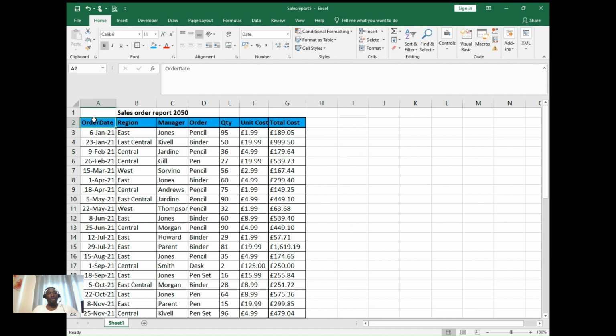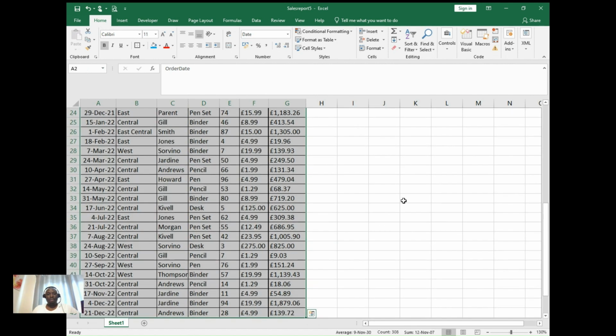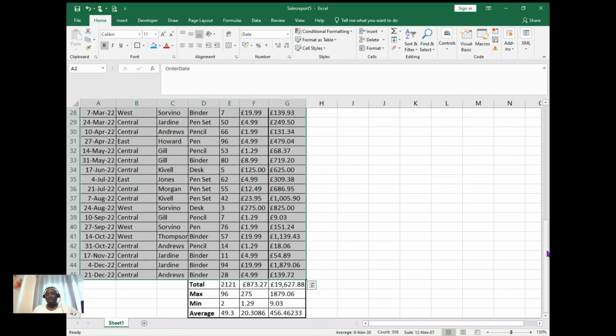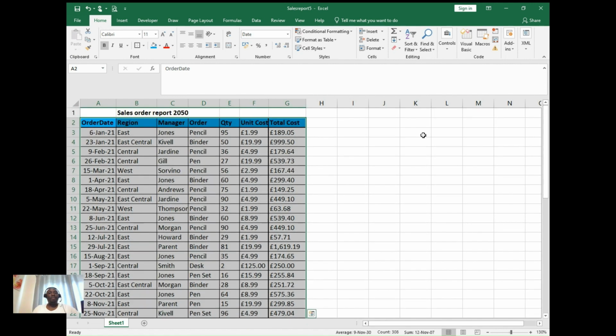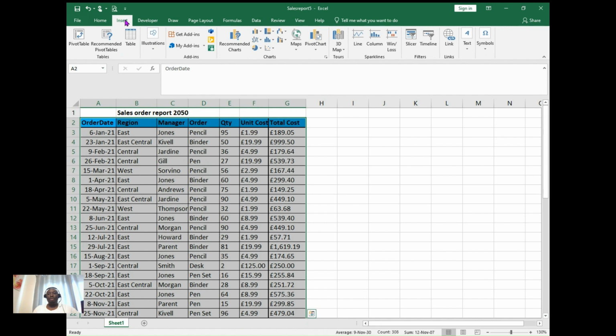Now if you want to do pivot, one of those things you need to do first is to highlight the entire range. You can see I stopped it at this. I didn't include these ones here because they are not part of what I want to report. Now, having highlighted that, you go to the Insert tab just after the Home tab. You click that, and then if you go to the right hand side, you will see this